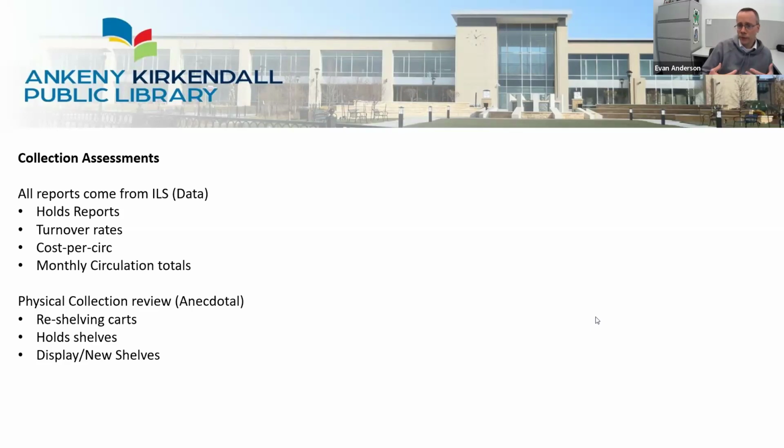For example, when I first started here, our sciences, so the 500s, were doing abysmally. And to me, it looked like that's just because we don't have enough popular science topics, new resources. So I spent an enormous amount of collection dollars rebuilding that collection because my predecessor just didn't, and then watched as the circ rate did not improve whatsoever. That can tell you that aside from a few really popular science titles at Ankeny, there's not a need to have a really big, robust collection. So I don't spend as much collection dollars on that.